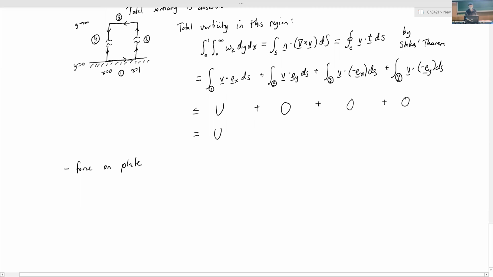As I mentioned, in fluid mechanics experiments, the easiest things to measure are flow rates and forces, and those are things that we're interested in a lot, right? How much force is the fluid exerting on whatever, and stuff like that, right? And so to do that, basically, you look at the shear stress